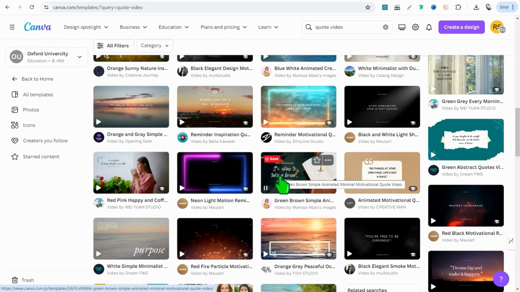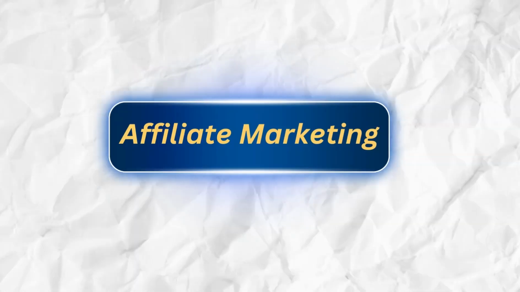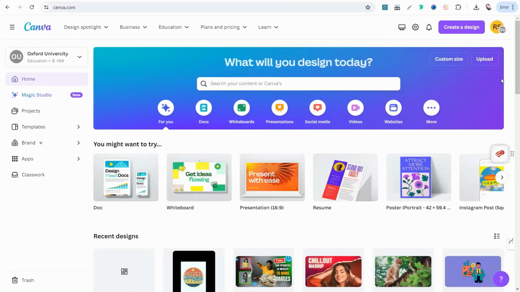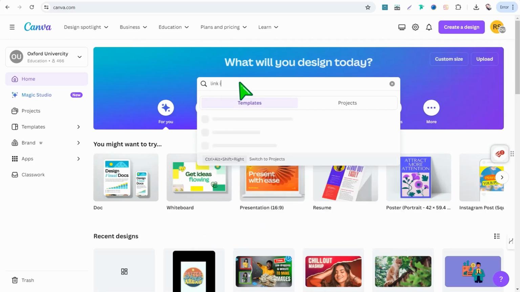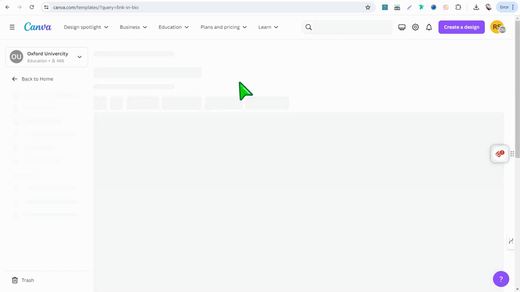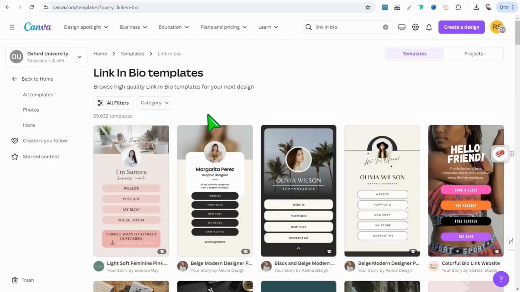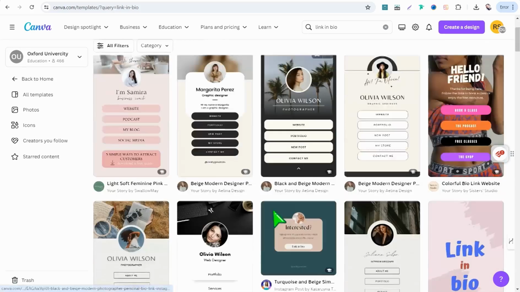And the next way to make money online through Canva.com is using Canva.com in affiliate marketing. And now how you can leverage Canva.com in your affiliate marketing techniques and strategies. There are many ways. Some of them, you can look for something like link in bio. And of course here you can find huge amounts of done for you link in bio templates